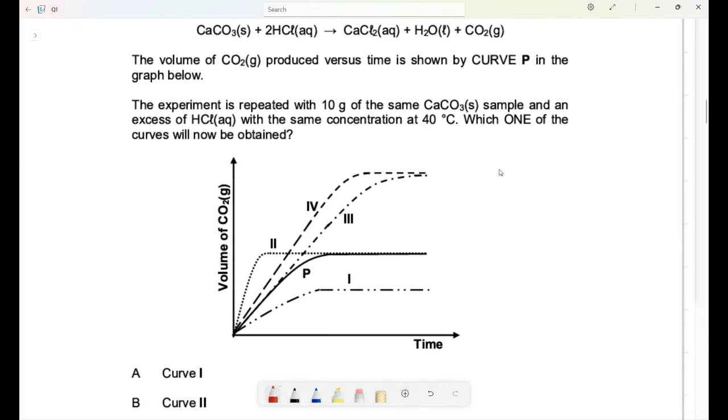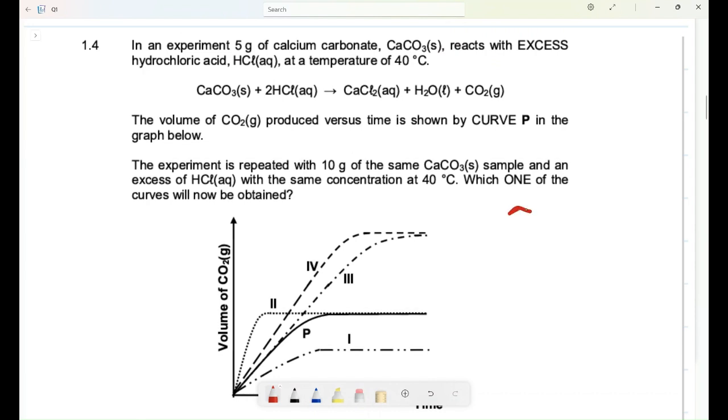Let me redraw that like this. This is the graph of P, like that. Now they say the experiment is repeated with